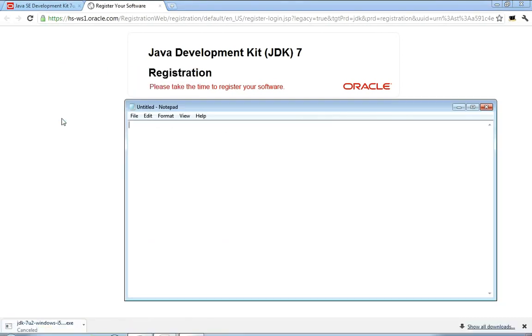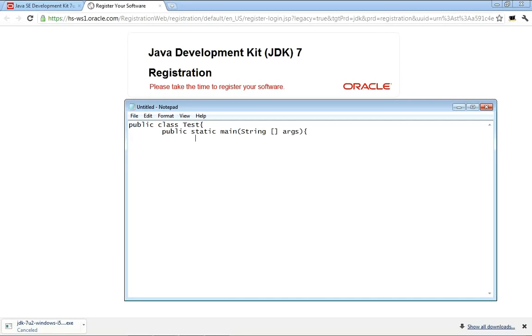Open Notepad or any other editor. I'm going to write a sample program. Don't worry about what I'm going to write here, because we will learn about it in other Java tutorials. So I'm going to write a class called test, and I'm going to print some message on the screen. System.out.println, I'm going to say "You are going to be Java Pro very soon." Okay, close that. Now save this program